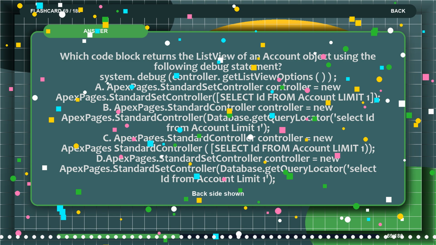System.debug(controller.getListViewOptions()); A. ApexPages.StandardSetController controller = new ApexPages.StandardSetController([SELECT Id FROM Account LIMIT 1]); B. ApexPages.StandardController controller = new ApexPages.StandardController(Database.getQueryLocator([SELECT Id FROM Account LIMIT 1])); C. ApexPages.StandardController controller = new ApexPages.StandardController([SELECT Id FROM Account LIMIT 1]); D. ApexPages.StandardSetController controller = new ApexPages.StandardSetController(Database.getQueryLocator([SELECT Id FROM Account LIMIT 1]));